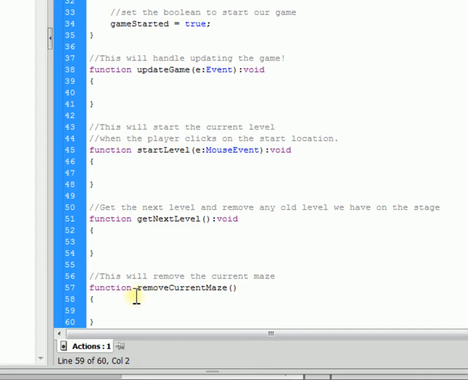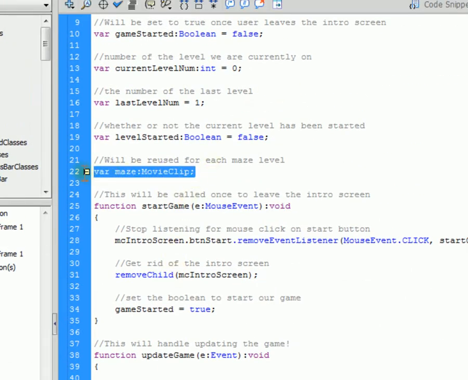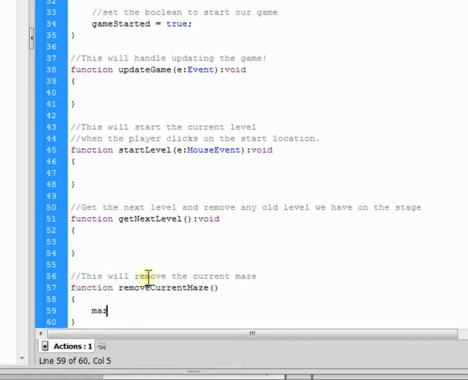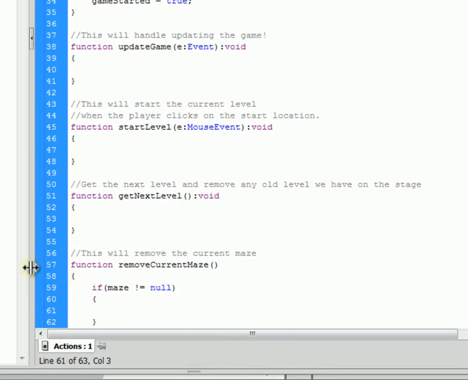So inside of removeCurrentMaze, well, we want to say if our maze exists, right? So remember I said we're going to use this maze variable to hold our maze. So we're going to say if maze has been given a value, so if maze is not null, okay, it doesn't equal null, which remember I said that null is nothing. It means there's absolutely nothing in there. It's blank. I said it a long time ago. Maybe you don't remember. We're going to say if maze is not null, we are going to remove